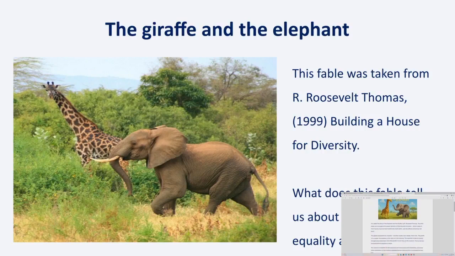So just picking out some of the things on here. I'm not going to read the story out to you, and I'm not going to ask you to read it because we've looked at it before, but it's online as well if you want to see it. I've put it up on Canvas. But it talked about the fact that the giraffe lived in a house that had won the Giraffe House of the Year award. It was really set up to meet the giraffe's needs, and then what they did was they invited their friend the elephant to come into their house.